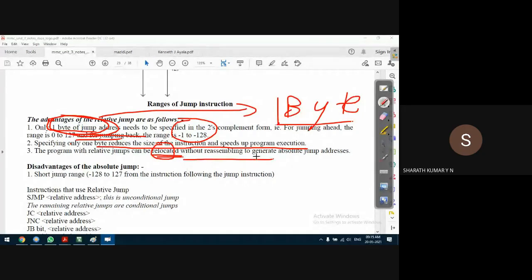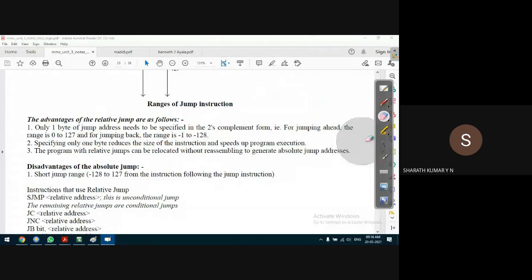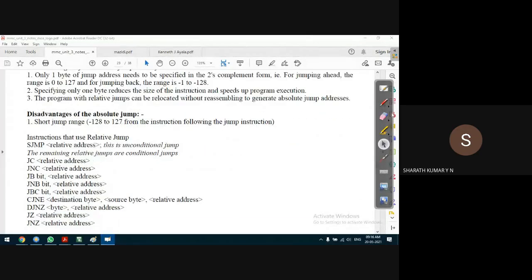It is very easy in case of a short jump, that is a relative jump, because it's only a 128 byte range, or 128 locations. So it makes it simple for the compiler. But a disadvantage is the short jump range. The target should be within 128 in the backward direction or 127 in the forward direction. So there are restrictions. For a bigger program, a 128 location range may not be sufficient.